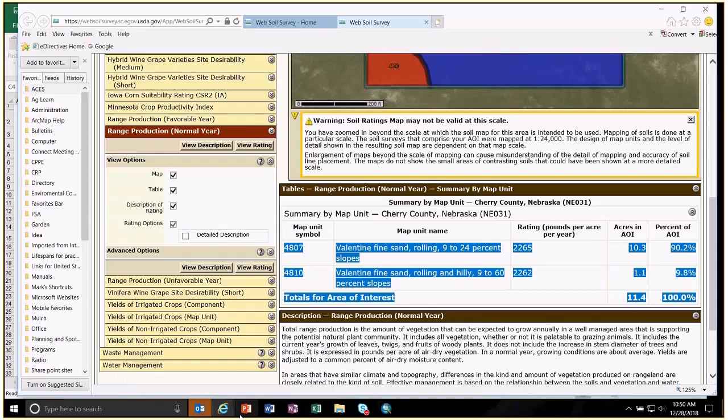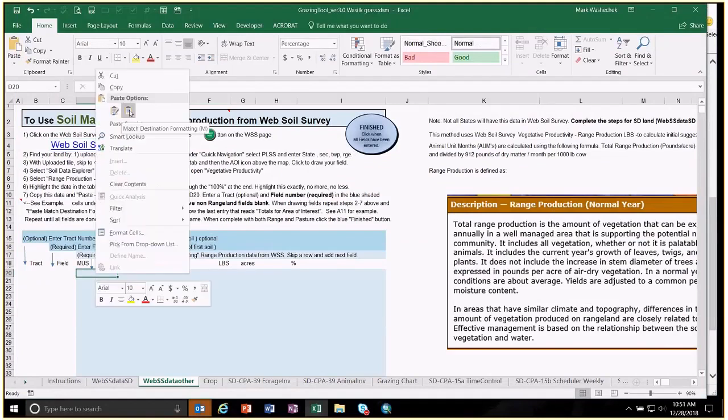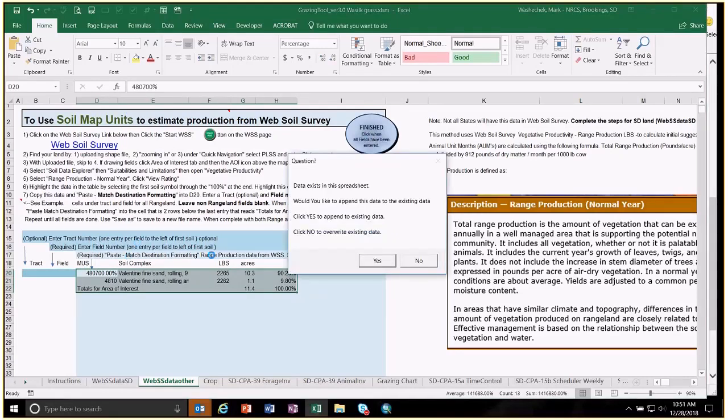Okay. And in my spreadsheet, I'm on this Web Soil Survey Data Other. I'm going to right click and I'm going to paste matching destination formatting as I did before. And those map units will pop in here. And then I'm going to click Finished. And it's going to ask, oops, excuse me. I'm going to